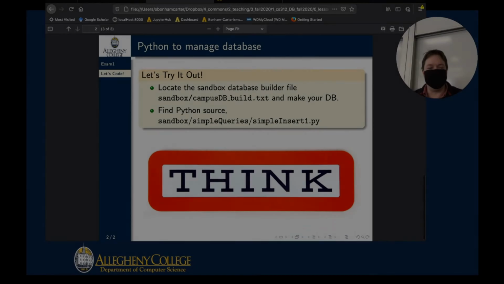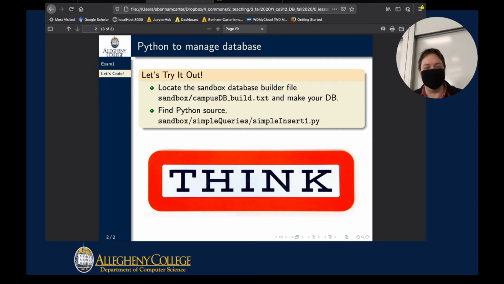I wanted to go over some more Python queries to show you, some more Python code to show you. And so you may have noticed that in your class docs repository, you may have noticed, if I